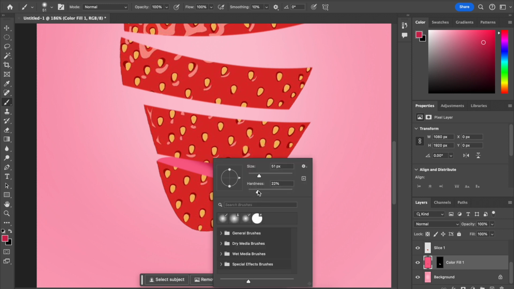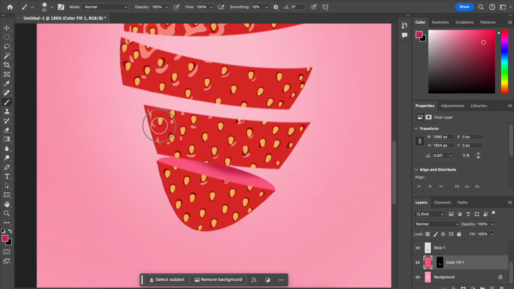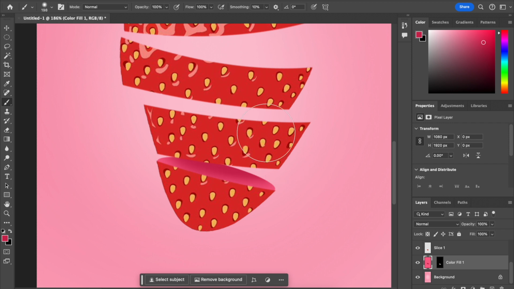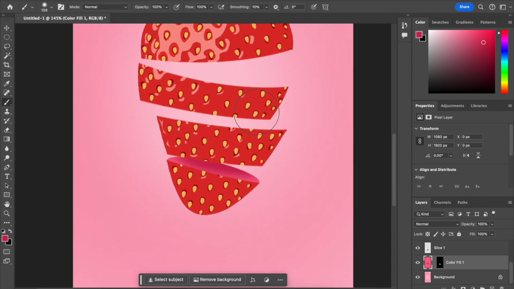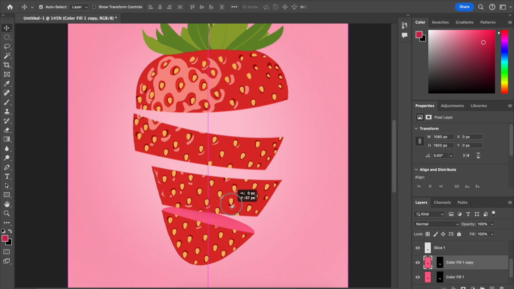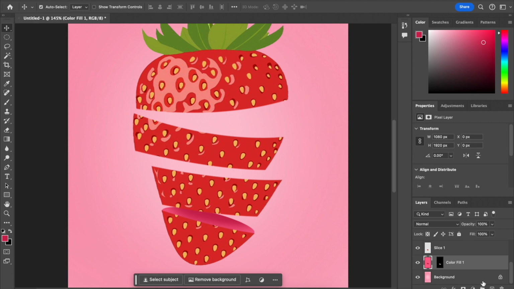Okay, hardness, size, and yeah, you get the idea. Okay, and we're gonna duplicate this layer. Okay, select this layer and click Control J. Okay, Control J and drag it right. Okay, sorry, we're not gonna duplicate that. Sorry, we just